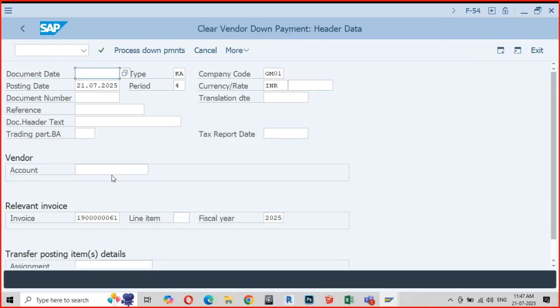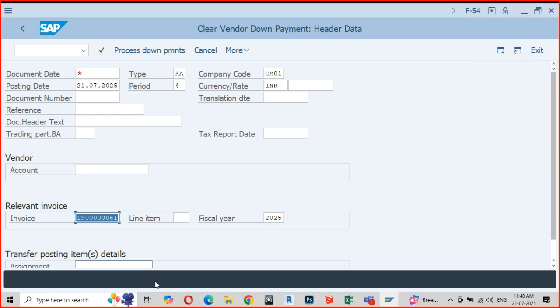Clearing. Now can you see the recently posted invoice has been picked up? I didn't do anything with the invoice number. Like this, I can connect my advance to any of the open invoices against which I want to settle.